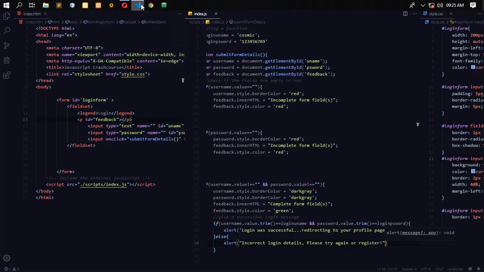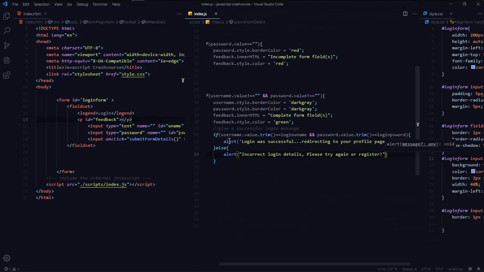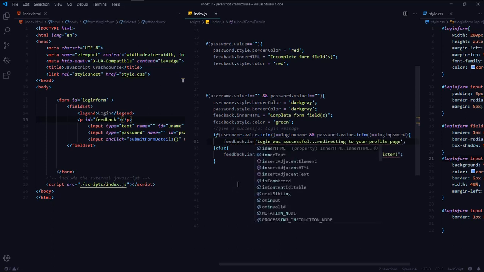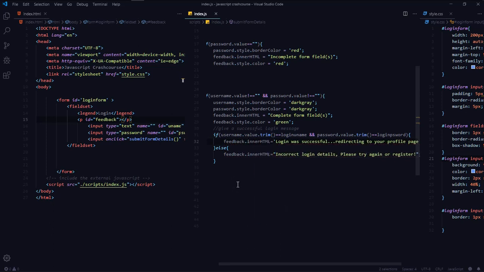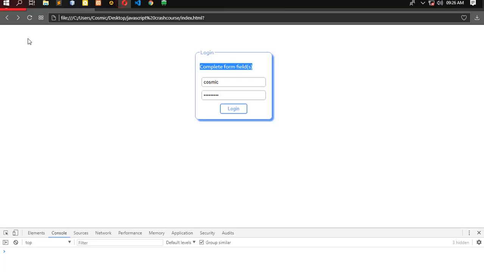So how do we do that? We could inject that one into. So what we are going to do, we are going to delete that, put a semicolon, delete that, put a semicolon, then we're going to remove this like that. Again, I'm using multi-cursor typing, so here we could have feedback dot inner HTML. It's going to be that. We refresh,